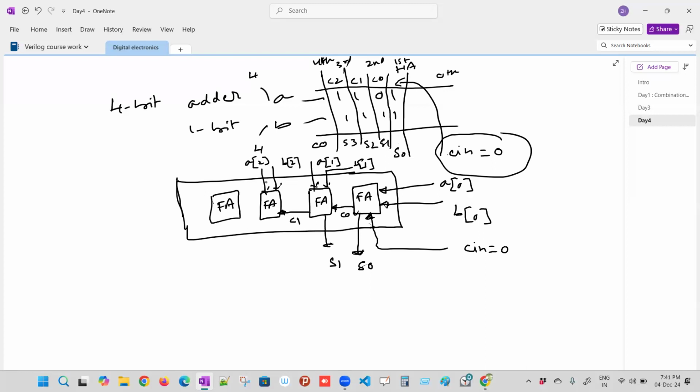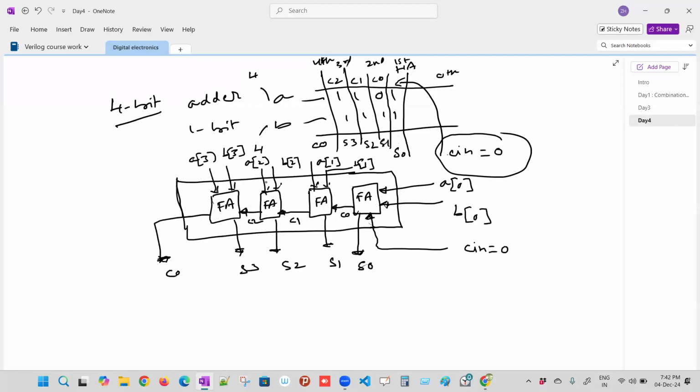This stage will produce S2 and then it will produce a carry out. And the last stage will take the bits A of 3 and B of 3. This stage will produce S3, and this is the actual carry out of that 4-bit